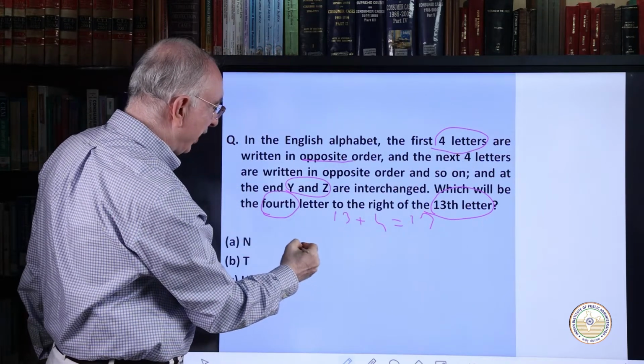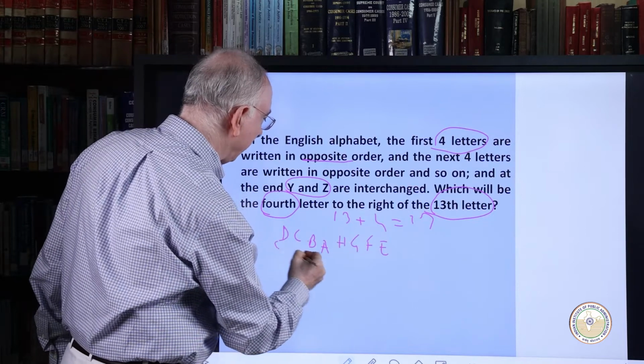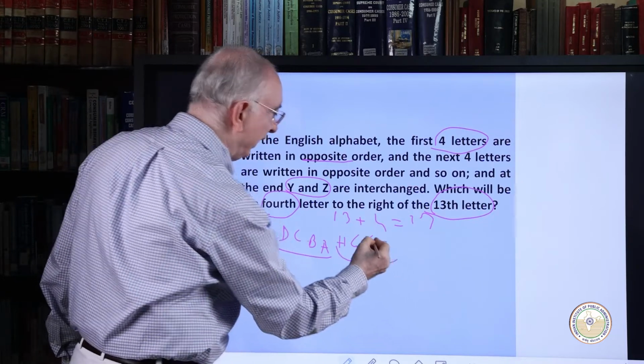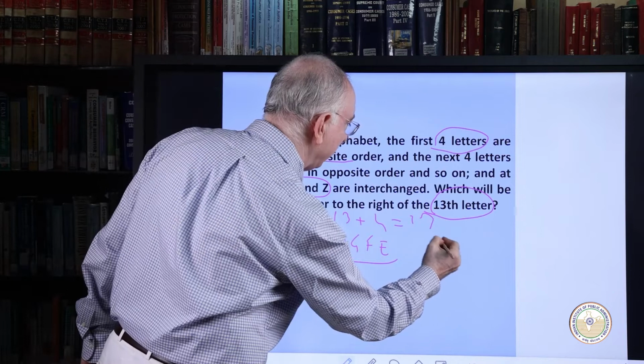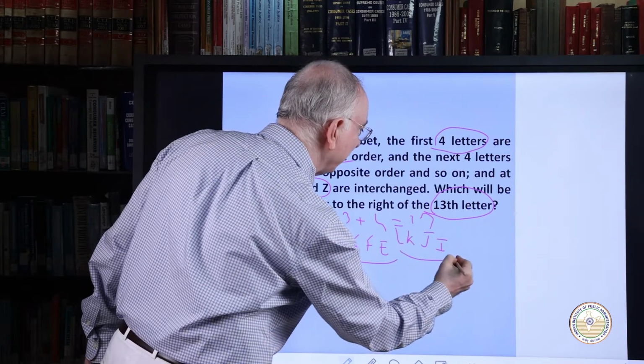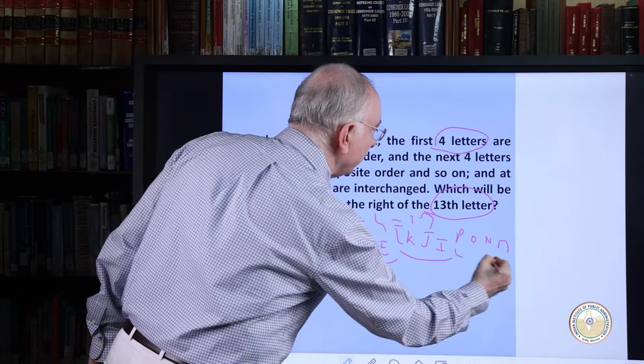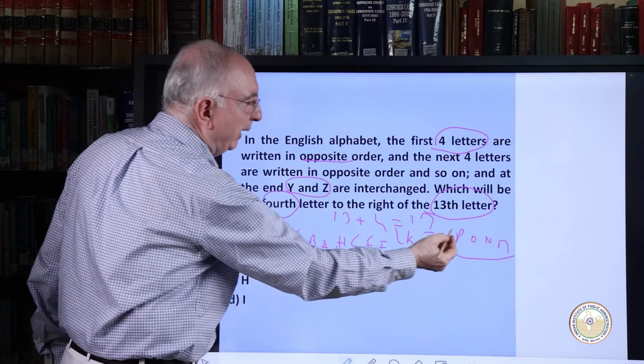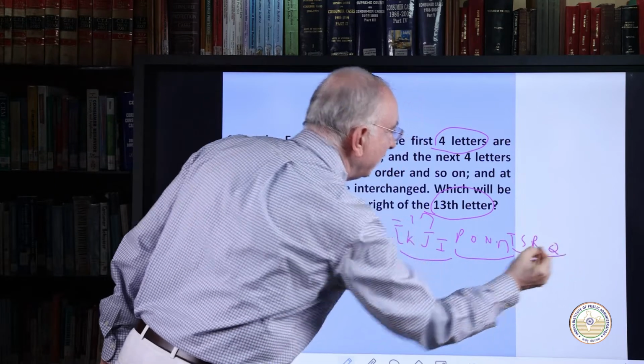That means you start with like this. These are in the group of 4. It is better to write like this. Start with I, J, K, L. So this is another 4. O, P. So now we started with P. So this is another 4.